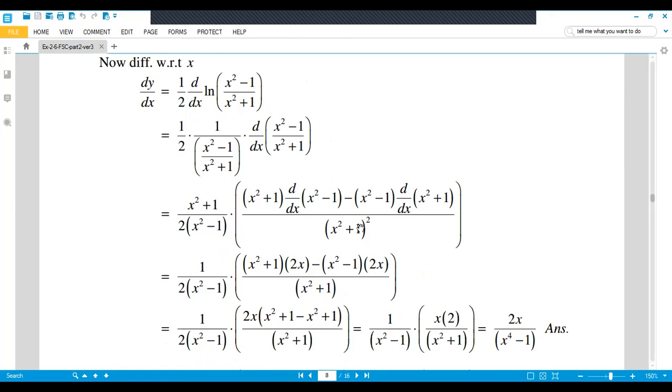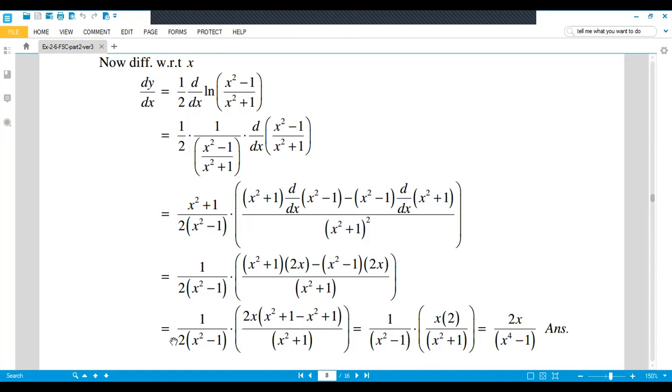So this one, x square plus 1 whole square, 2 times given, here 1 time given, so 1 time cancels, 1 time is left, and we get 1 over 2 under root x square minus 1, and this x square plus 1 you write as it is, and the derivative of this is 2x, and minus 1 is 0, and minus x square minus 1 you copy as it is, the derivative of x square is 2x, and the derivative of 1 is 0. Now you open the bracket, 2x is common in both, you take 2x common, so x square plus 1, this minus multiplied inside the bracket, minus x square plus 1. So minus x square plus x square cancel, and 1 plus 1, 2.